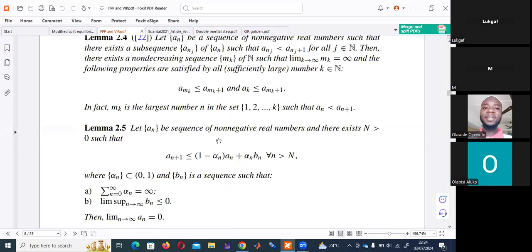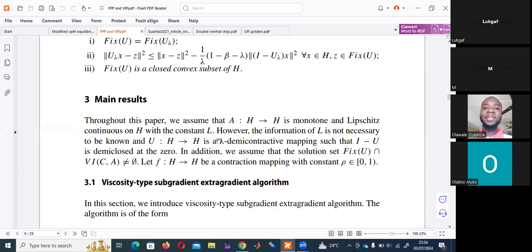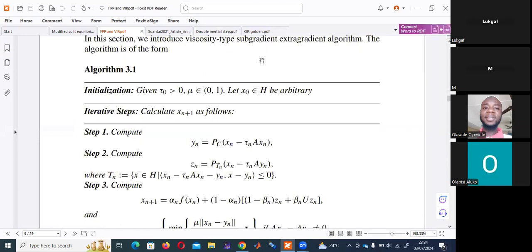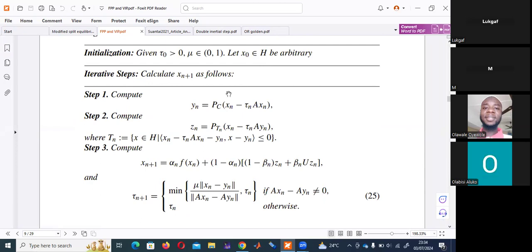The only thing we just need to do is add